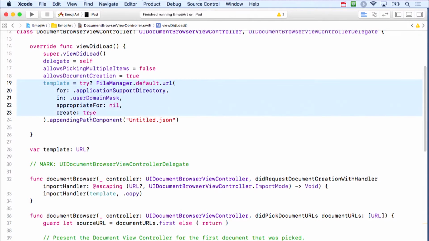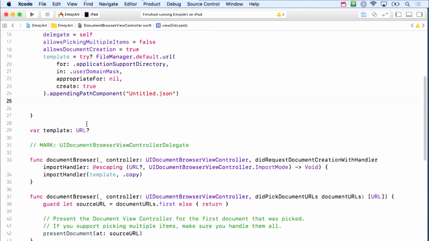But anyway, so this is the URL. I'm going to call it untitled.json just for old time's sake. Okay, I'm putting it in my application support directory. And all I want to do here, though, is make sure I create this file. So I've got the URL to it. So to create it, I'm going to say if the template is not nil,